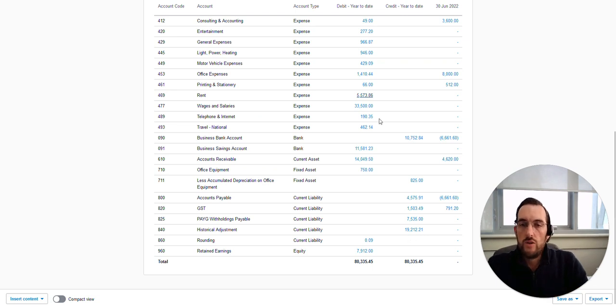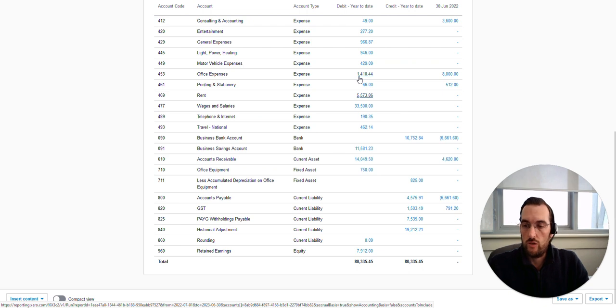So from here, it's just a matter of getting a trial balance that is correct so that we can create a correct set of accounts, and then we can use that set of accounts to create an accurate tax return, calculate their tax, and so